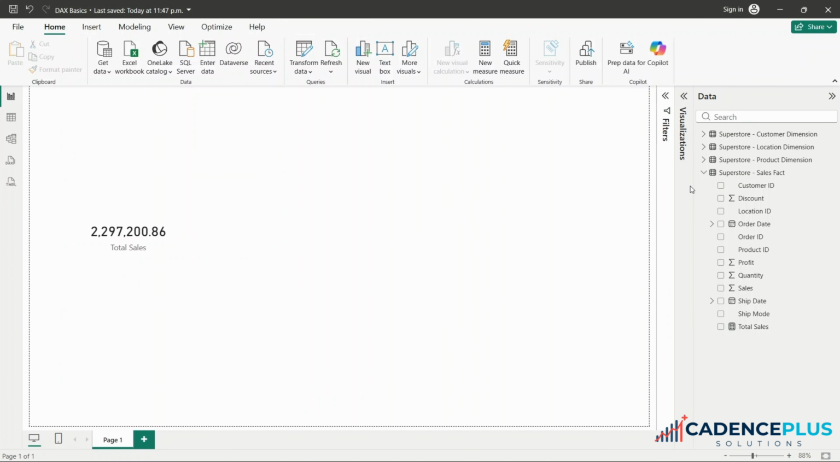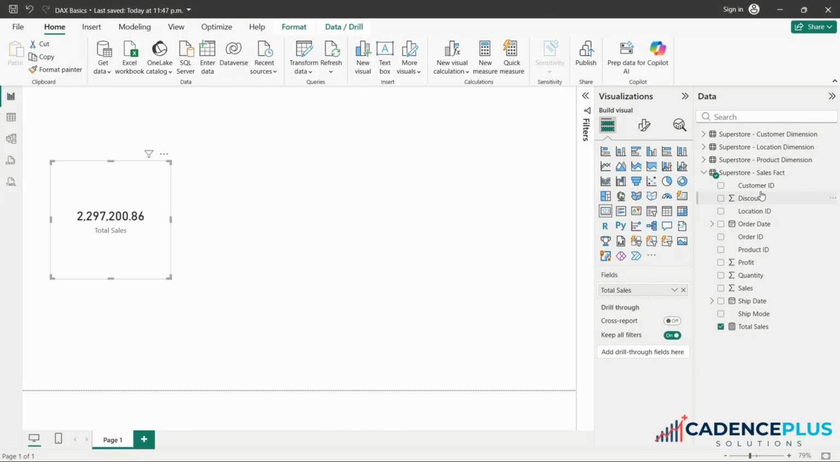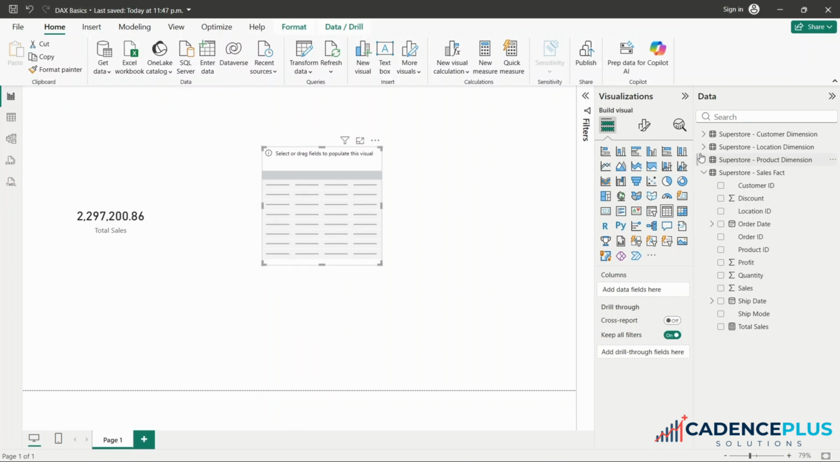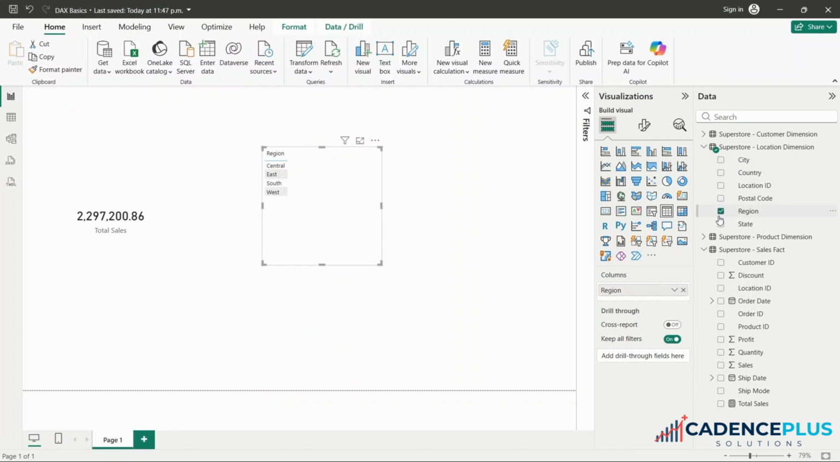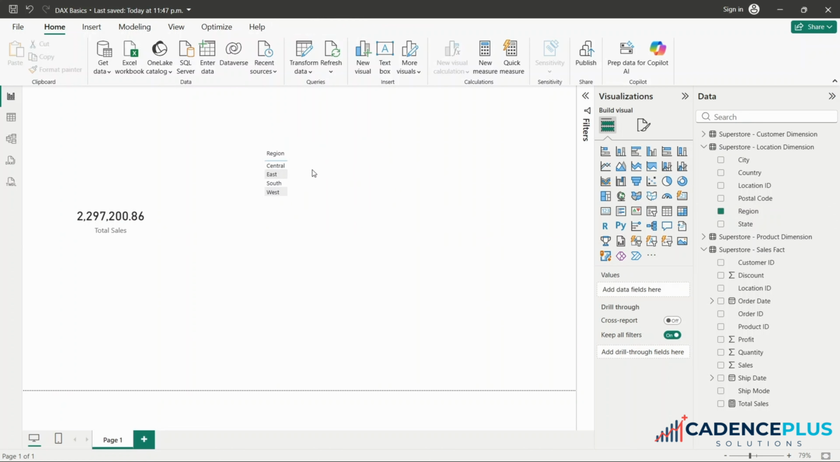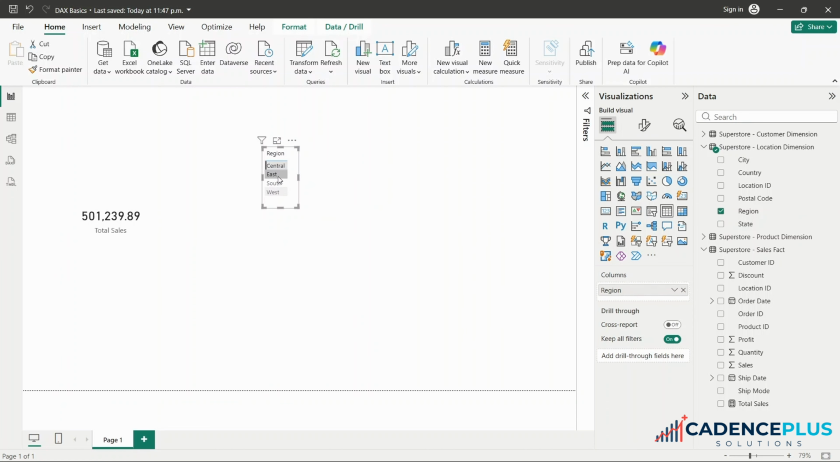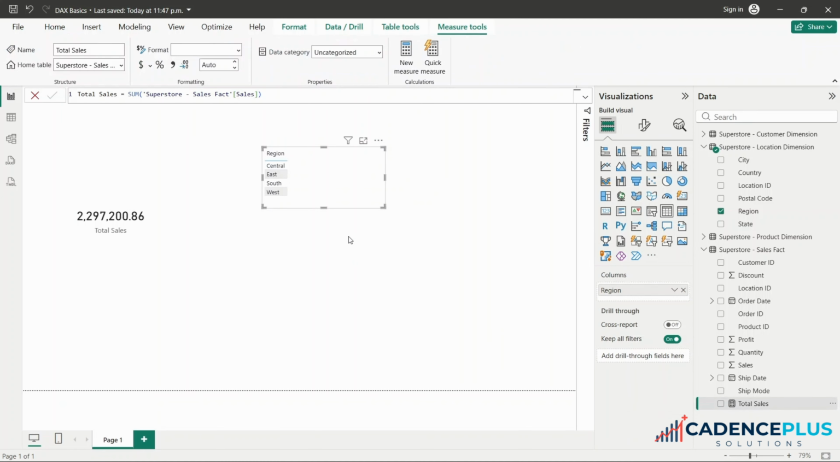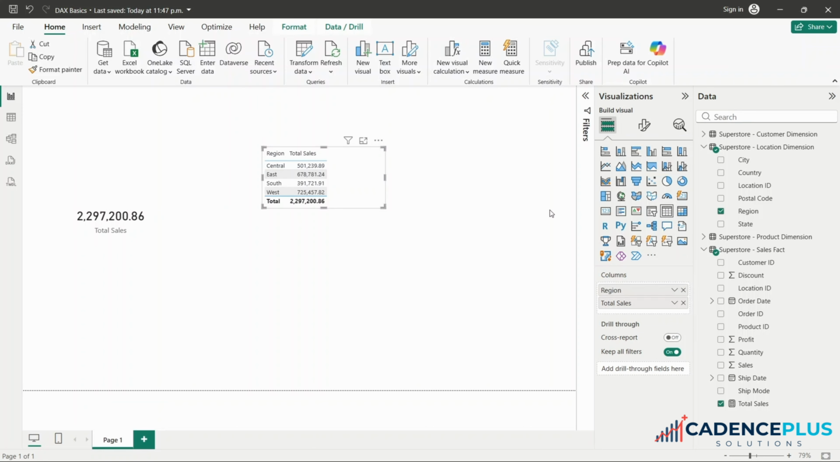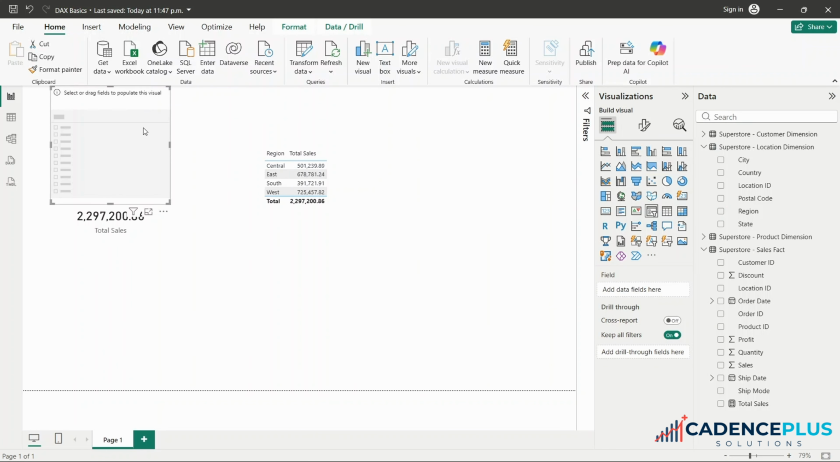Now the sum function responds to filter context. If I added in another visual here in, say, a table, and I added in region, for example, as long as the interactions are active, the sum function will respond to the filters within this visual, right? If I also go ahead and add the total sales into this particular table, there you see,